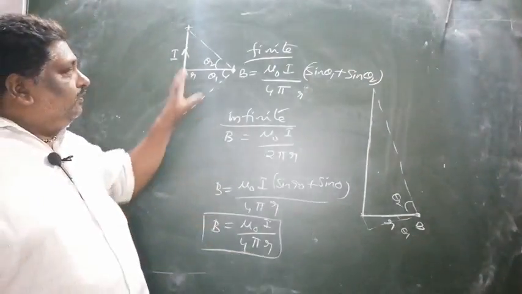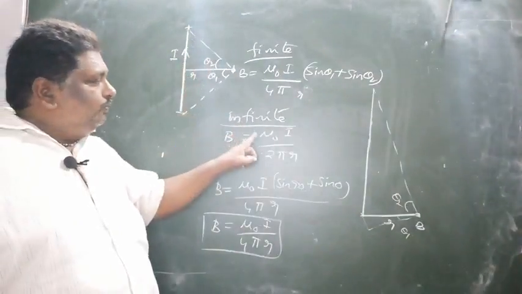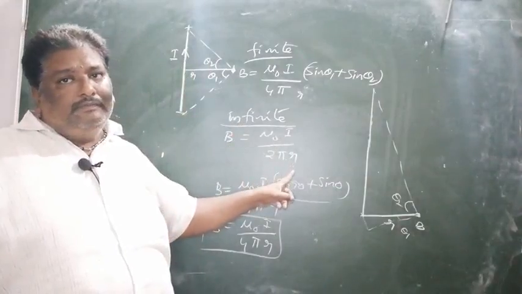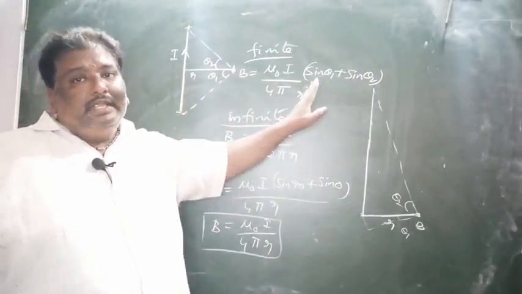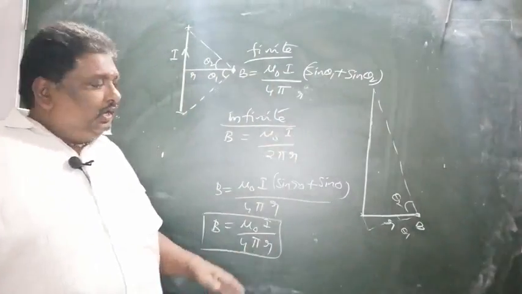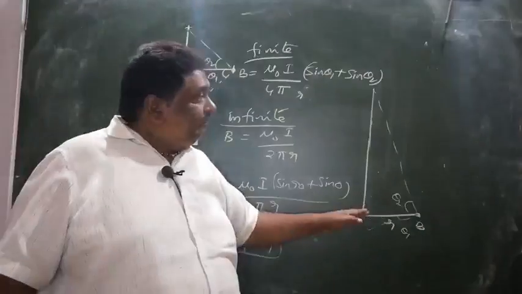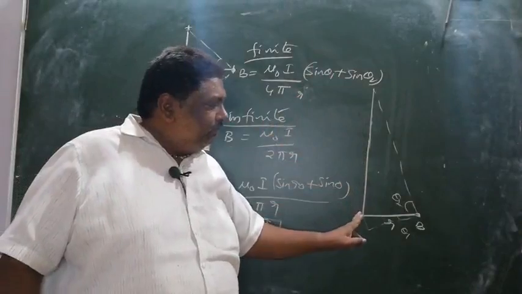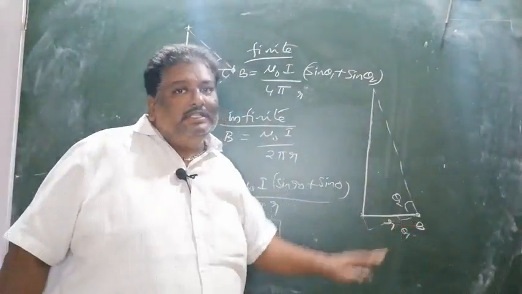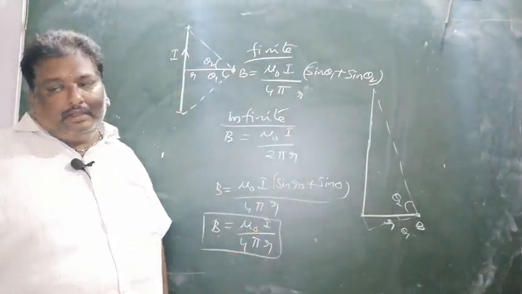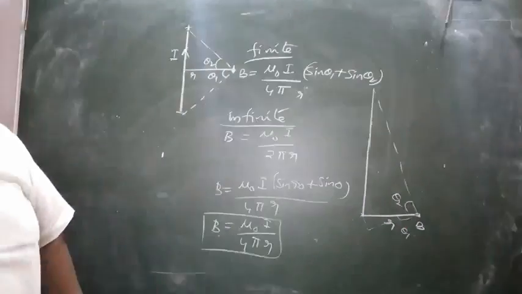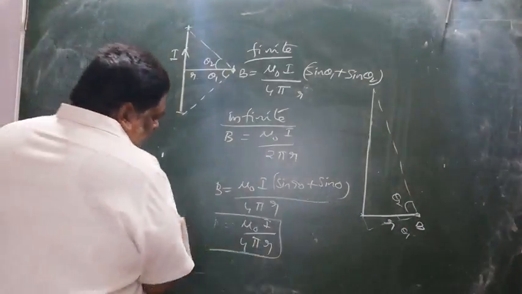Okay. So infinite length means mu naught I by 2 pi r. Finite length means mu naught I by 4 pi r into sin theta 1 plus sin theta 2. From the foot of the conductor, of infinite length, at r distance, the magnetic field is equal to mu naught I by 4 pi r. Okay. Similarly,